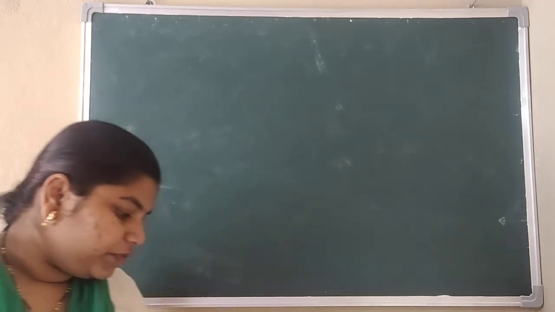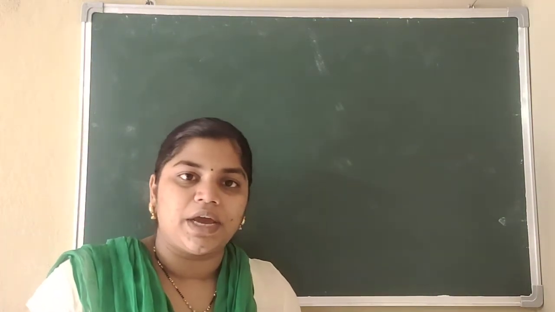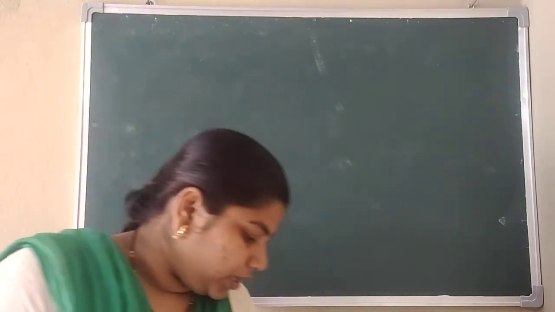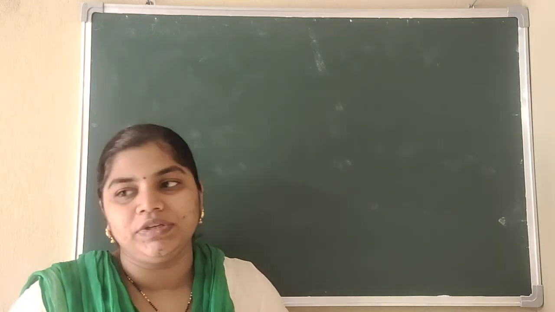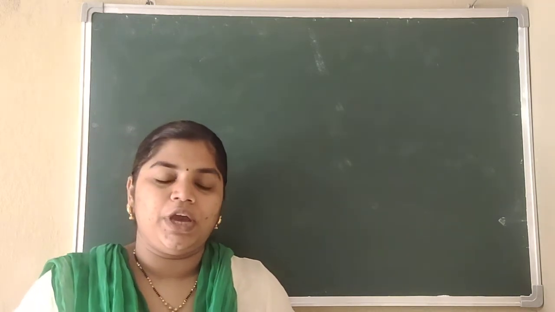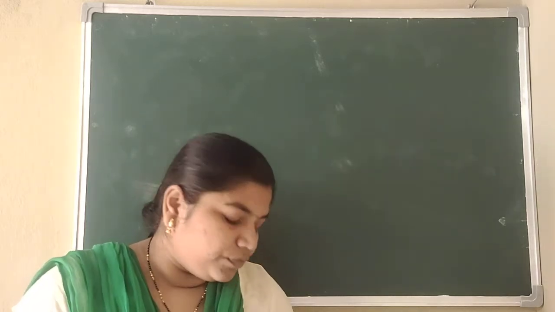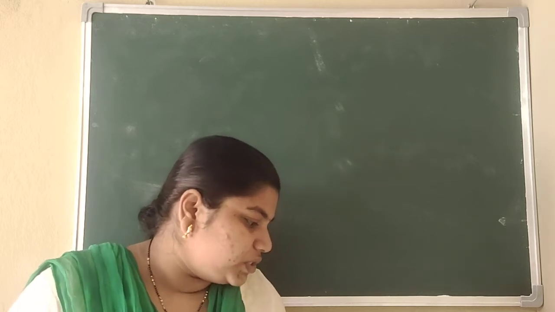Two equal sides of a triangle are each 5 meters less than twice the third side. So two equal sides, that means it is in the form of an isosceles triangle. If the perimeter of the triangle is 55 meters, find the length of its sides. So the total perimeter, if you add all the sides of a triangle, will be equal to 55 meters. Okay, so we have to find the length of each side now.